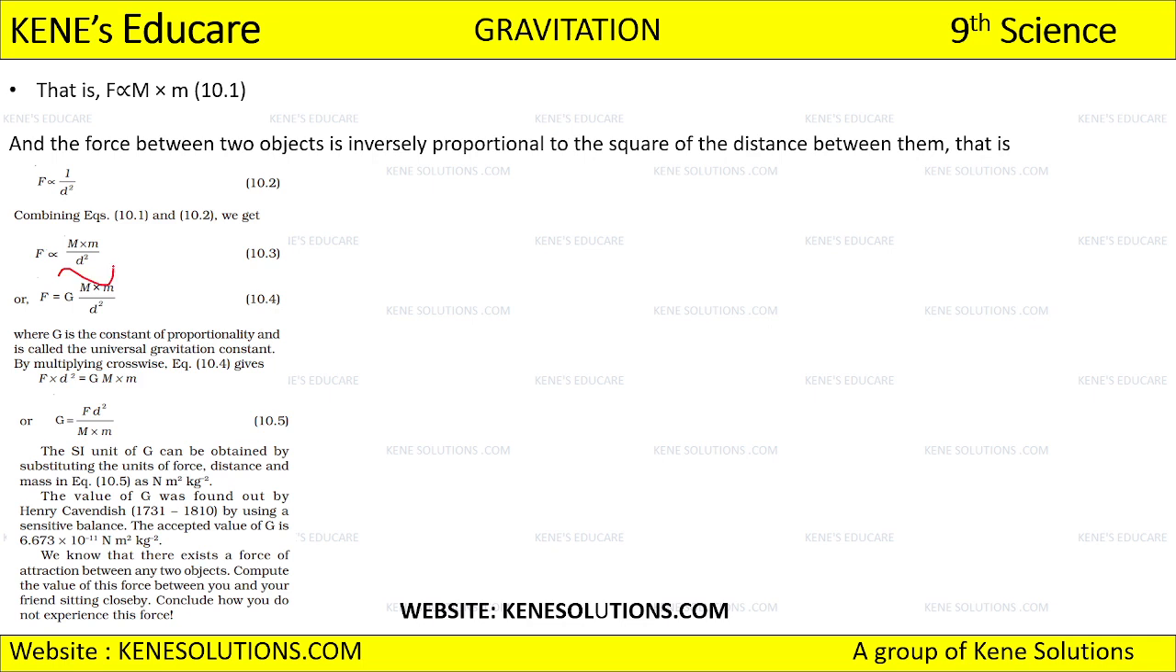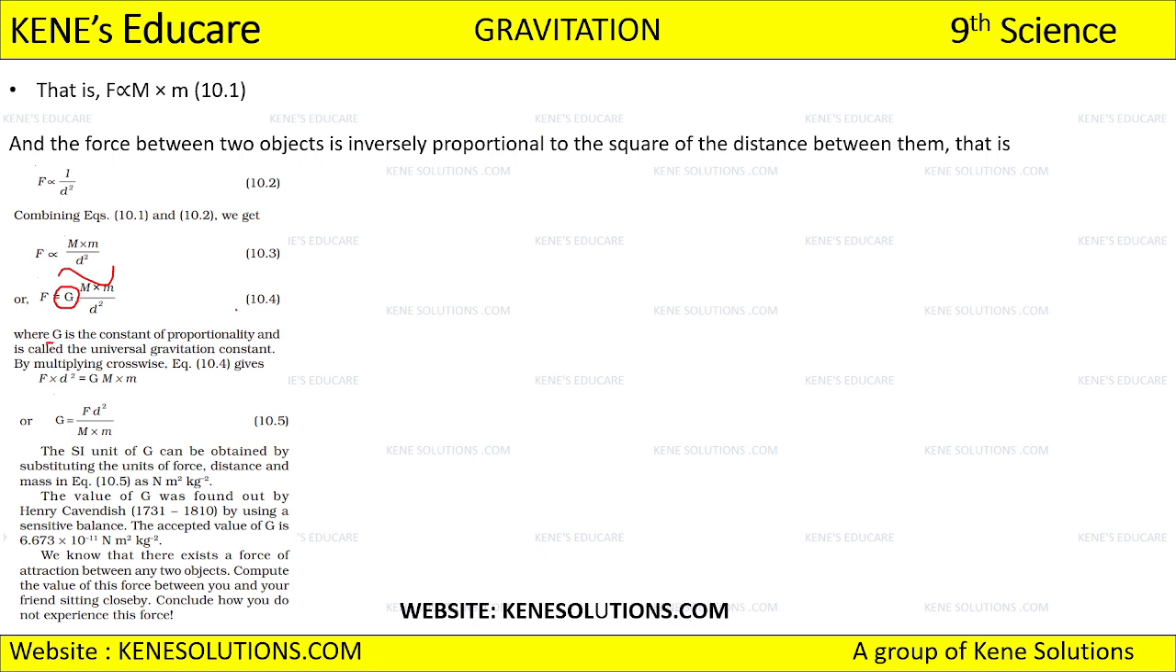So this is the equation that we get after combining 10.1 and 10.2. Now we can add this capital G, which we know as the gravitational constant. So G is the constant of proportionality, and we call this the universal gravitational constant. What do we call this G as? Universal gravitational constant. And by multiplying crosswise,